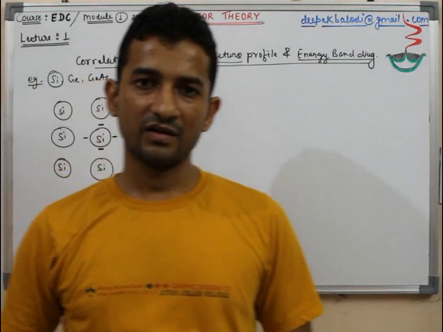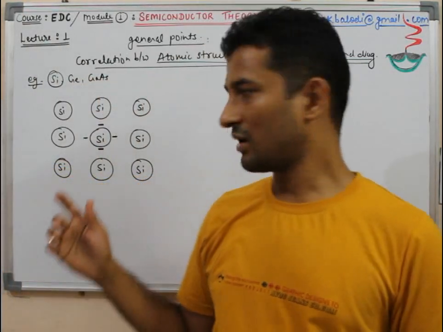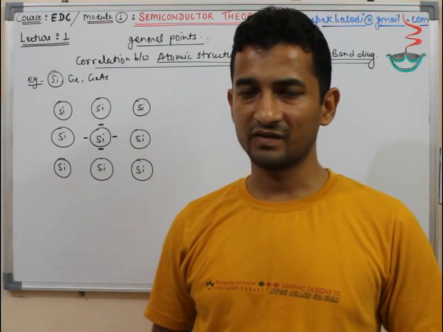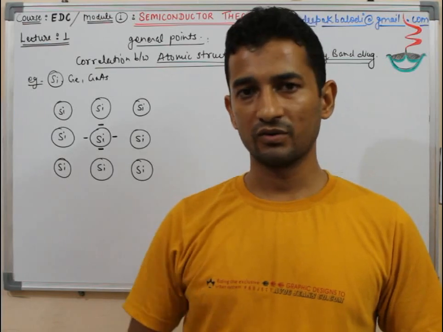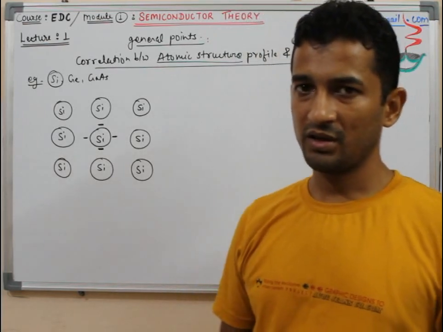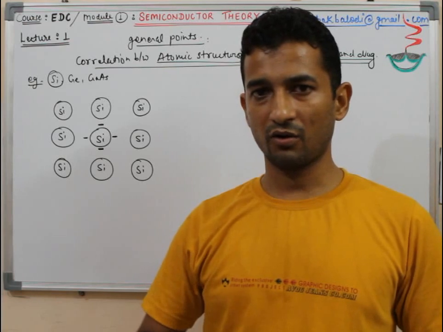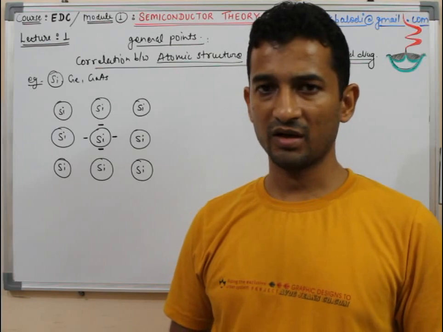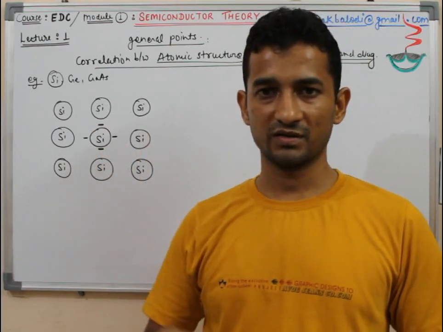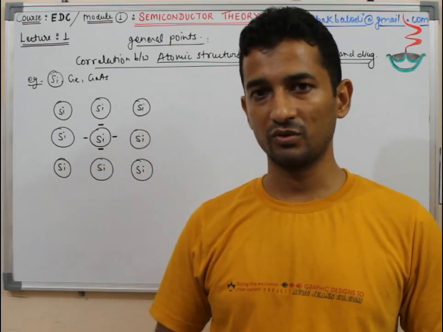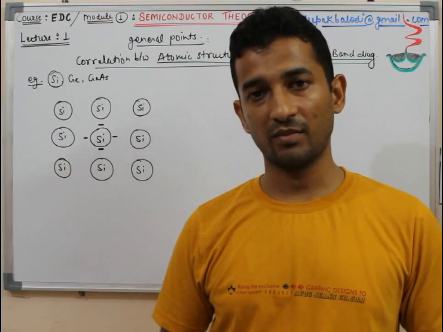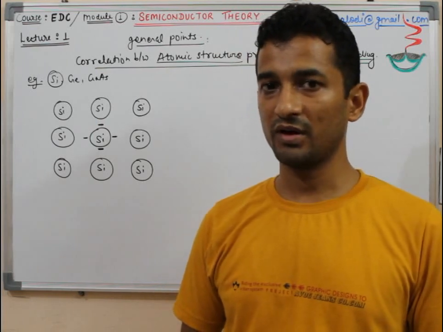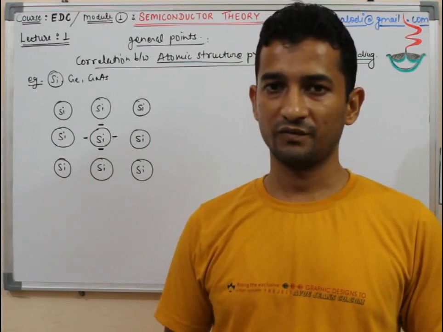We are basically interested in the outermost shell because these electrons are highly probable to get some transition or to get involved in the conduction phenomena. Knocking out an inner electron is not a very probable phenomenon. Generally the electron present in the outermost shell is highly probable to get detached from its parent atom, and it may contribute to conduction. Therefore we are only interested in the outermost four electrons.